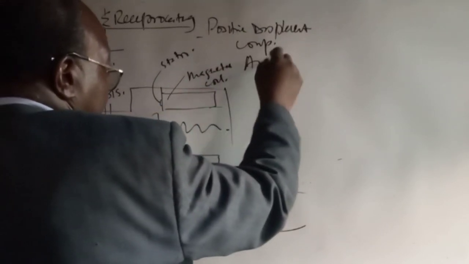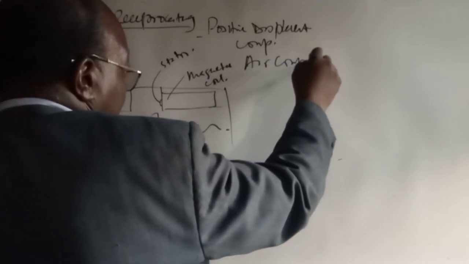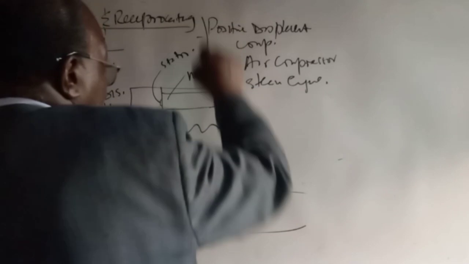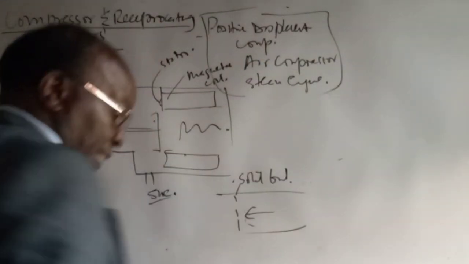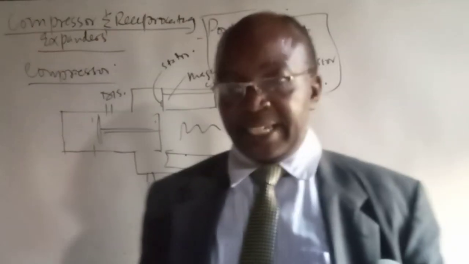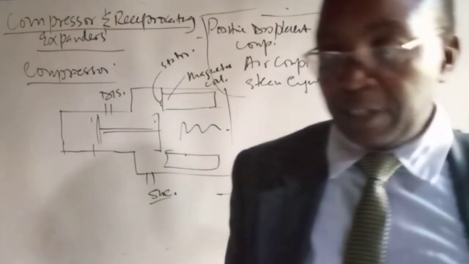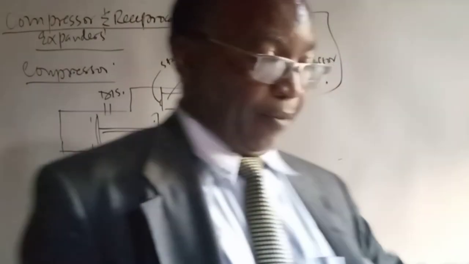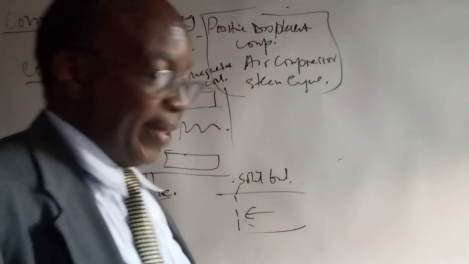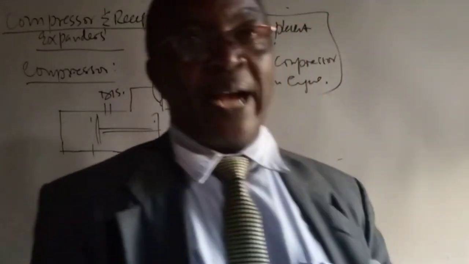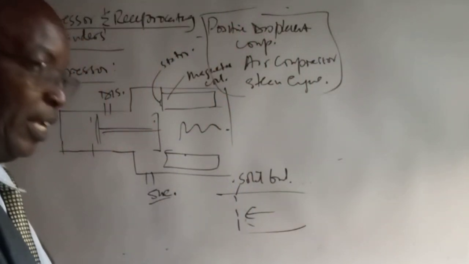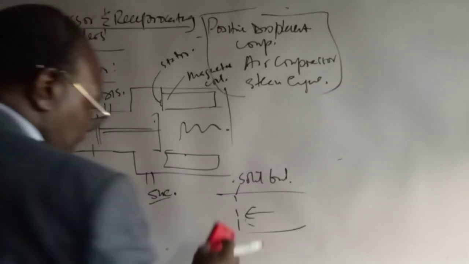An air compressor, and a steam engine. All these are reciprocating equipment. Now, on the other hand, a turbo expander does the reverse of what the compressor does. You fill in highly pressurized steam, as you have seen in the Rankine cycle, and then it will expand, doing work in the surroundings. So our main focus will be on the work by these reciprocating